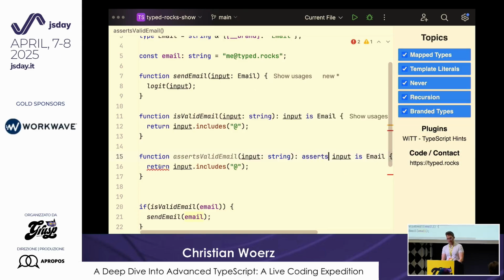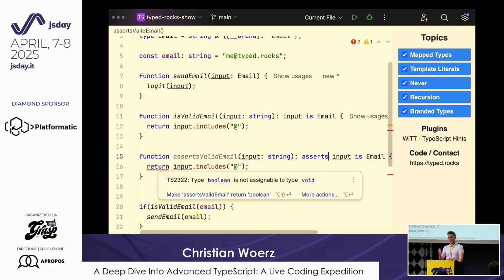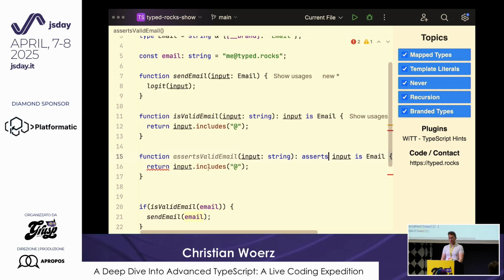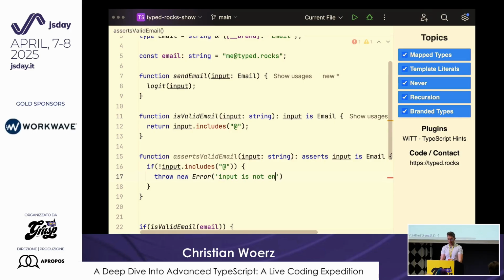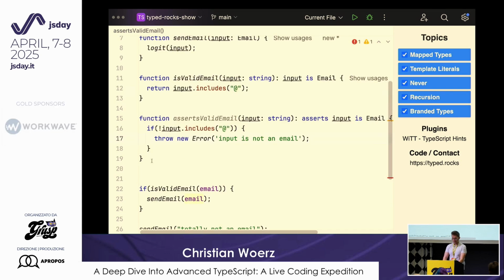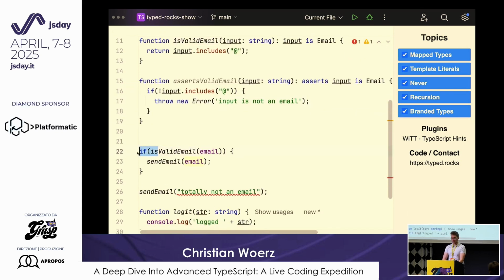And because of that, we can see we are no longer allowed to return something, but we need to handle a case where input is not an email and throw an error. So what we say here is, if the input does not include an @ sign, in this case we throw a new error, and we keep it easy and say input is not an email. And because of that, what we now can do is change this from isValidEmail to asserts valid email,